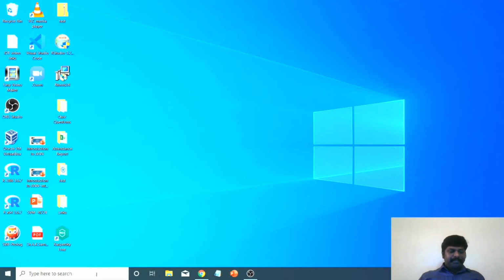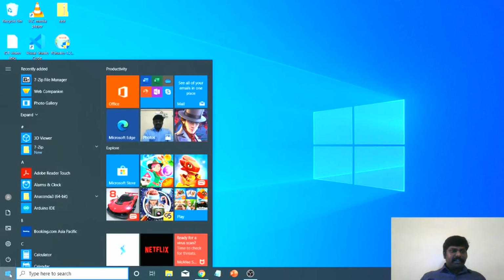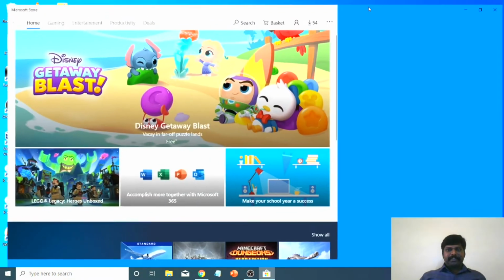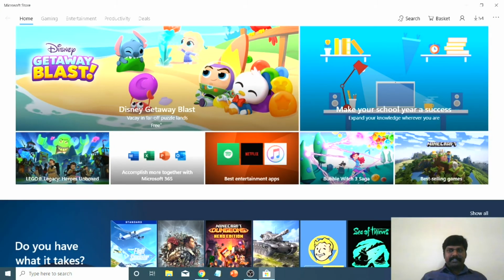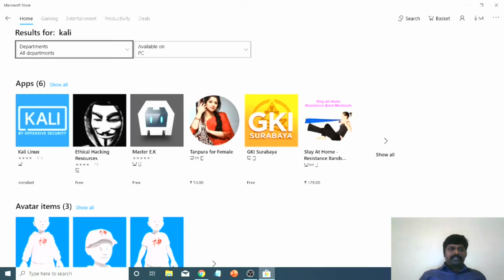With the help of the virtual machine, we can run our Kali Linux on the Windows machine. Windows 10 comes with a built-in application, which is Kali Linux. In order to use that, just go to the Microsoft Store in Windows 10 and search for Kali Linux. Here in Windows 10 you need not use a separate OS. This Kali Linux is available in the form of an application .exe file, so you can just click on it.